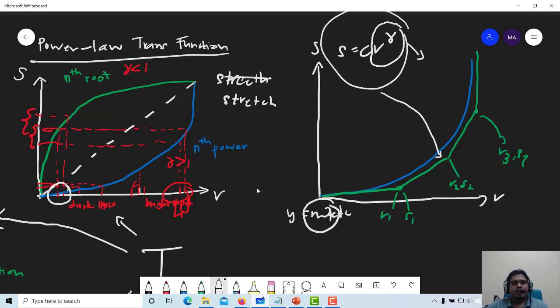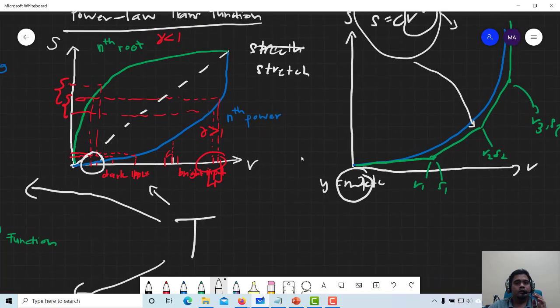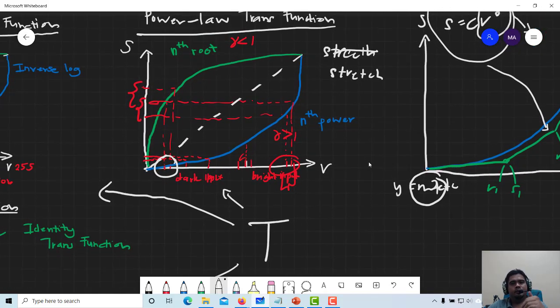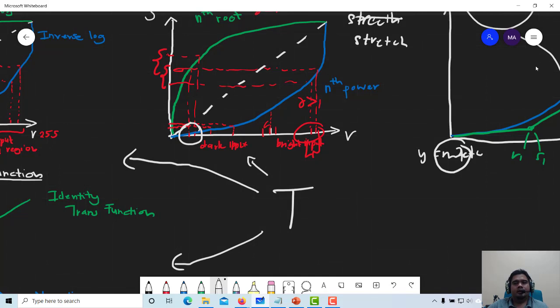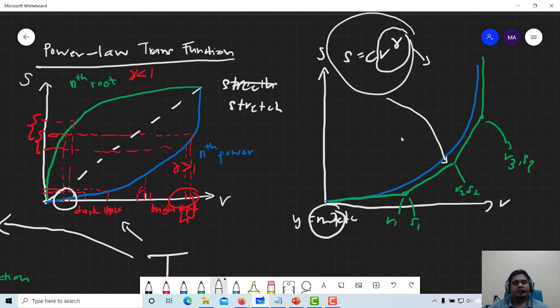In mx plus c, the only part that might require some heavy operation is the multiplication. The same goes for the log transformation function, or logarithmic transformation function. It's very heavy, but you can replace that transformation function by using the piecewise linear transformation function, which has less computational time, and you can process it in real time, especially if you want to do something related to image processing in real time.